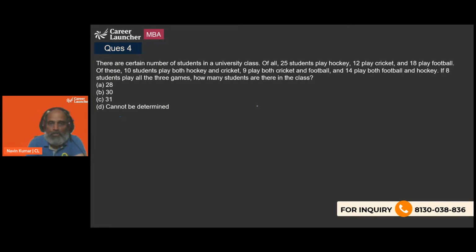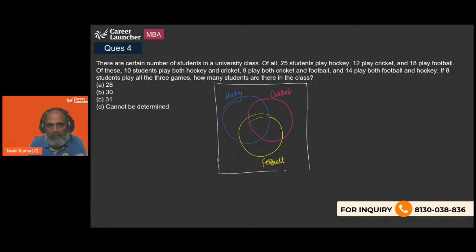So we have one circle for hockey. Then we have the next one for cricket. And then we have the next one for football. And then we are told that there are a certain number of students in the class, out of which 25 play hockey, 12 play cricket, 18 play football,